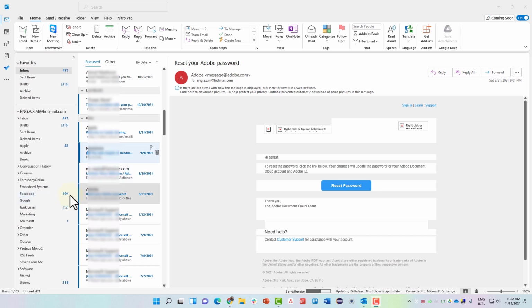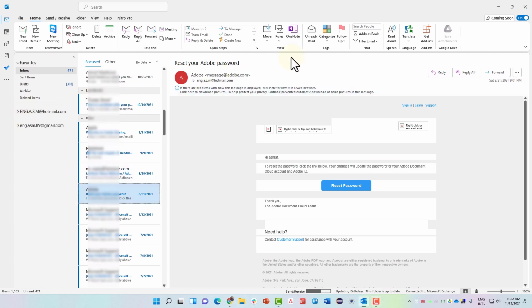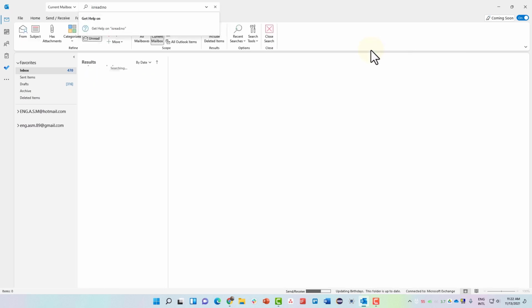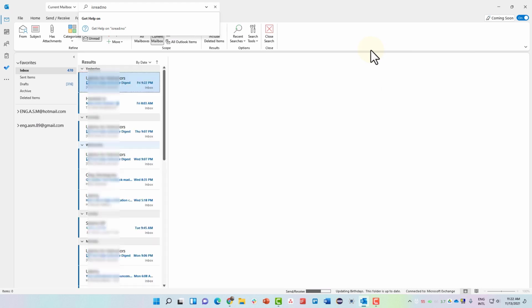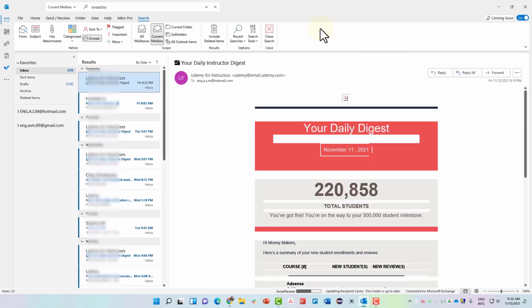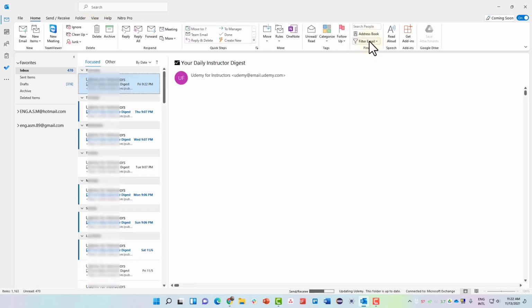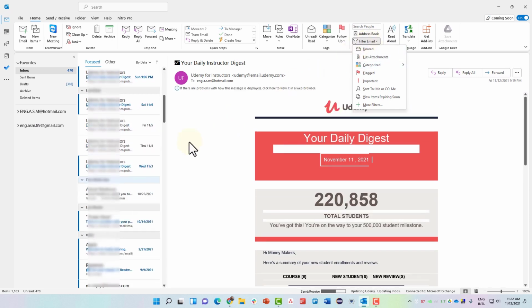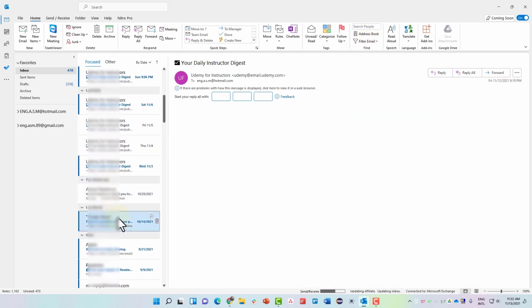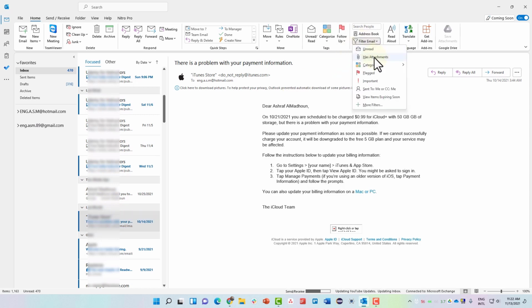Another nice way of looking up your emails is by simply going to the filter email tab here and showing only the unread emails. Now once you click on it, it will change the view here. You can change this to any other thing, and as you can see, it's basically a search function. Now is read? No. Now you can close this and you can go back to filtering the emails by showing only the emails that have attachments by clicking here, has attachment, or by the category, and we'll talk about that later,